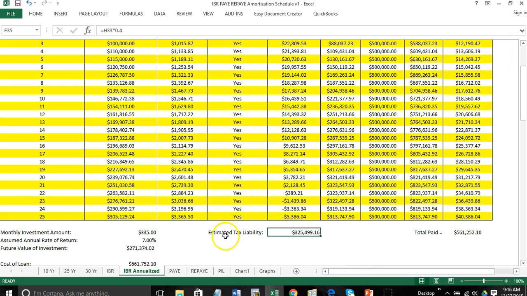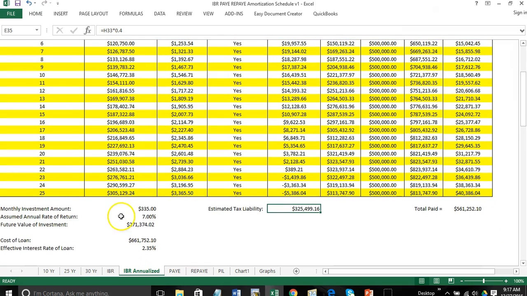And in this field, what I try to estimate is the tax liability. I'm assuming a 40% effective tax liability. So at that point, you would have a tax bill for this amount forgiven of about $325,500. So one of the strategies is to invest